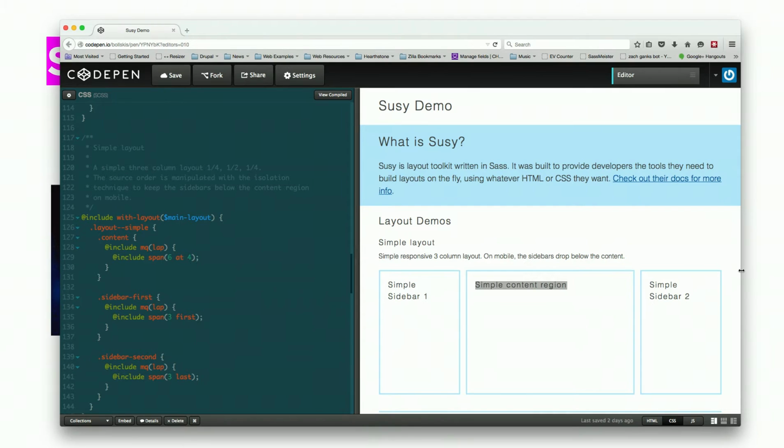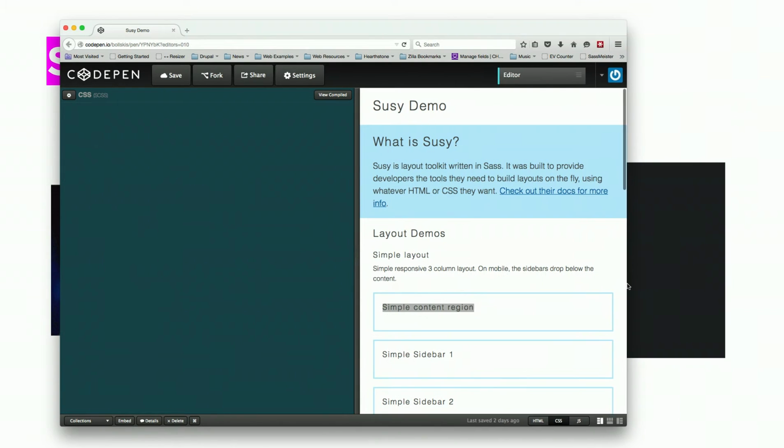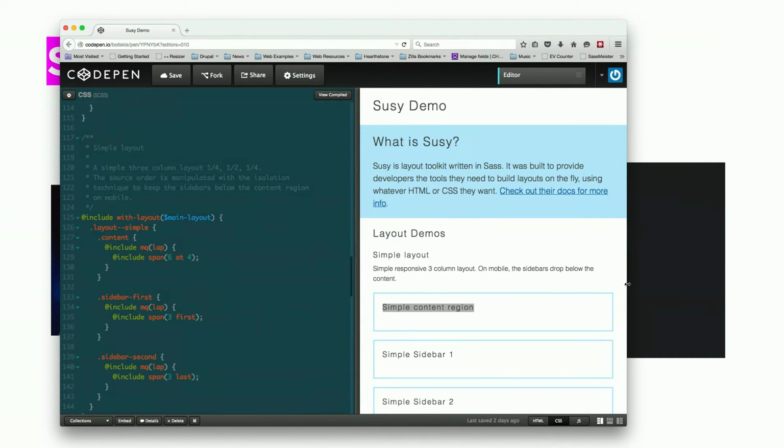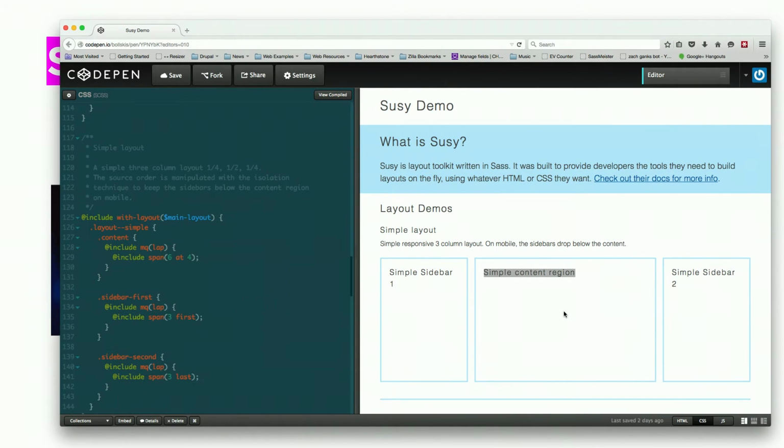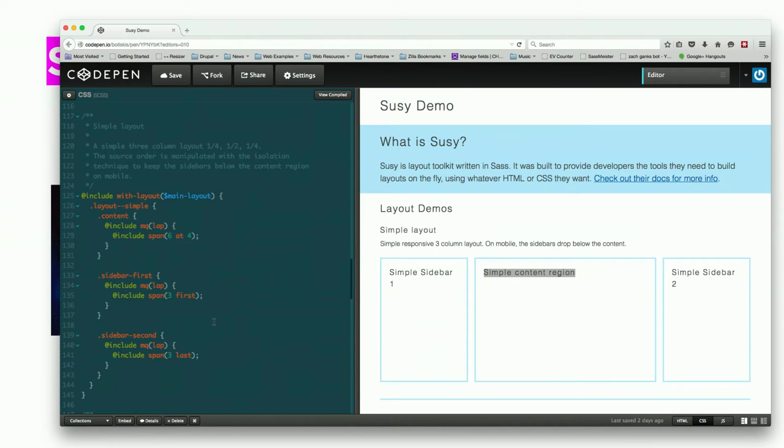So as I shrink this browser down, the content regions will snap into a linear layout like you should expect on mobile, or widen it out and they'll snap back. And that code is done here in, I think, less than 20 lines. Yeah, 20 lines of code with spacing produces your entire responsive layout.